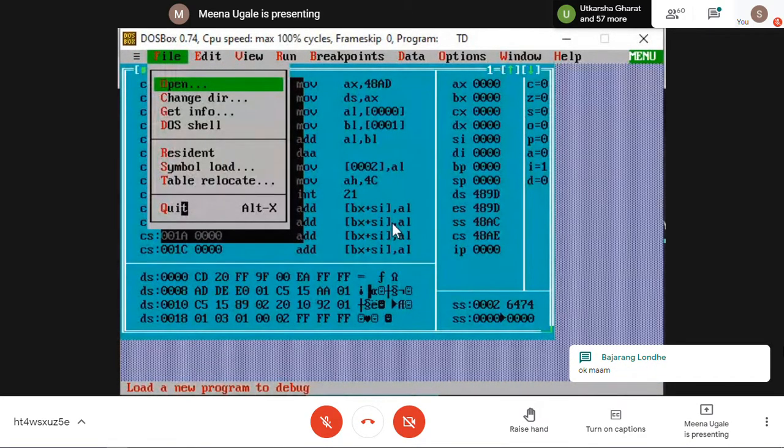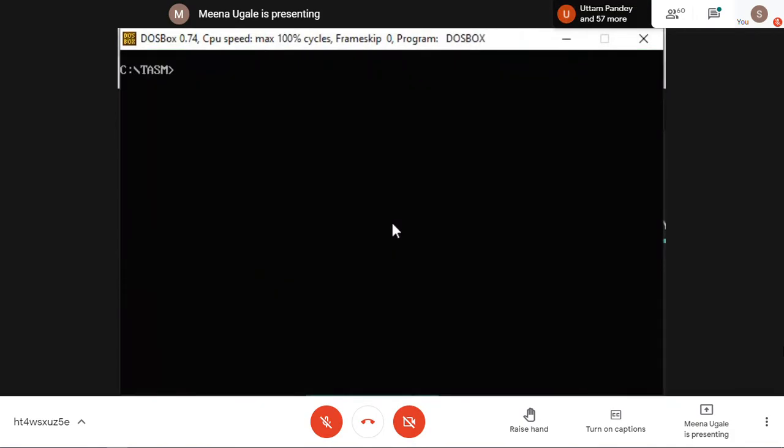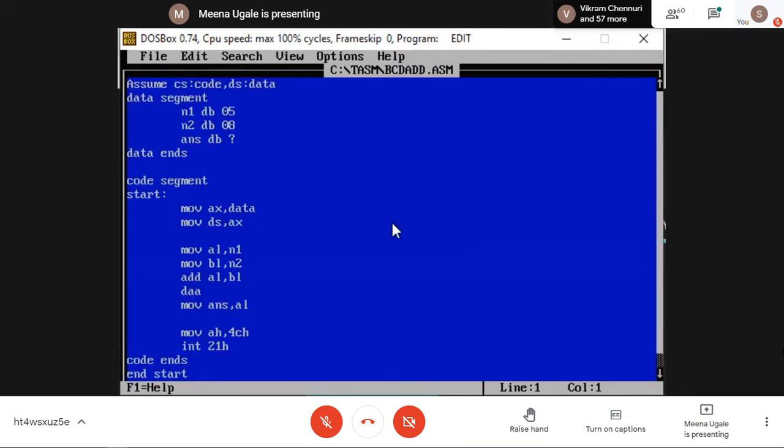Okay, complete now. Go for 16-bit addition. I'm expecting at least one or two correct solutions for this, or maybe multiple. You can make changes in the same program. Now I want 16-bit data, so I'm considering number N1 as 16-bit. And whichever number you would like to add here, you can add. I'm considering 1, 2, 3, 5.